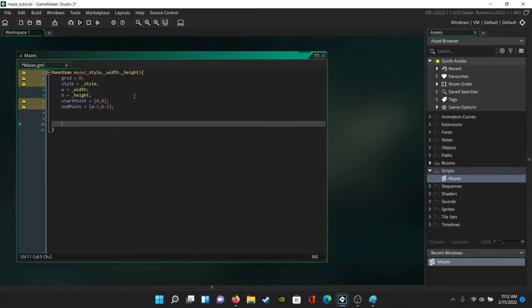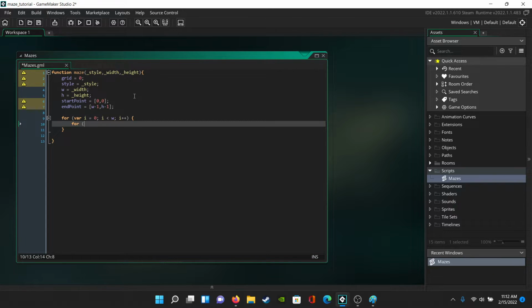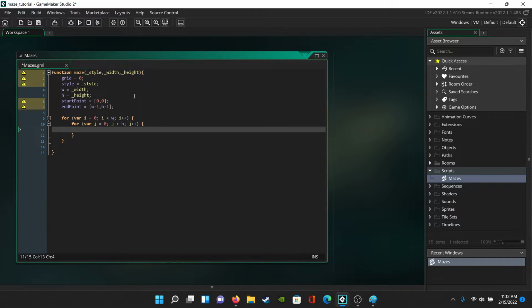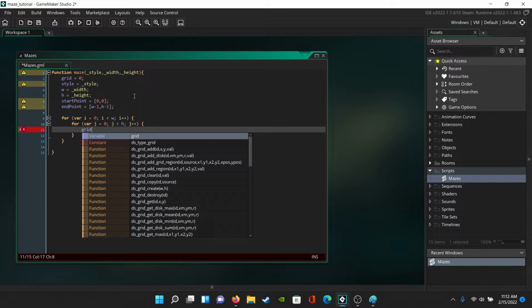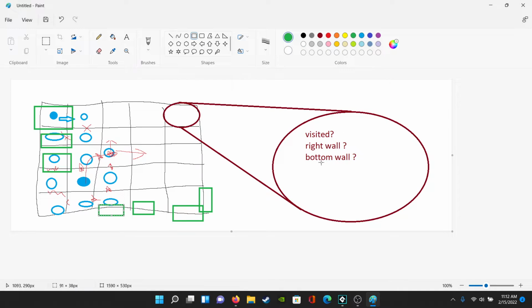So then we just want to initialize the grid. So we use a double for loop, I less than the width, increment I, and then we want to handle moving vertically. And then here you're going to realize that we have the grid at ij, and that's going to need to be the grid space. So we're going to need some variables,